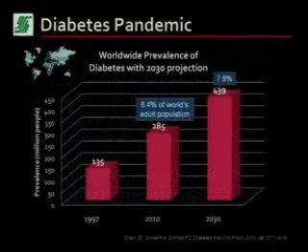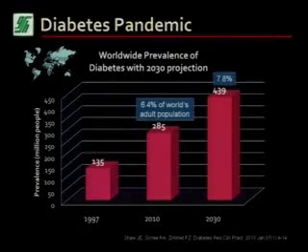So diabetes is fast becoming a pandemic. It's fast becoming a problem, and WHO and CDC think that it is really a major problem, especially as a chronic disease worldwide. So this is actually from a journal article whereby they look at the projections of diabetes and the number of people who would have diabetes in the world. So starting from 1997, 2010, and the projection for 2030.